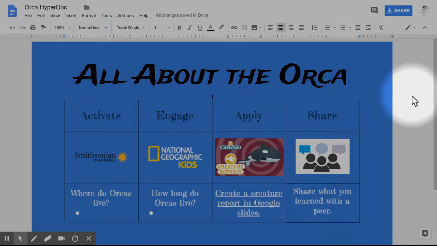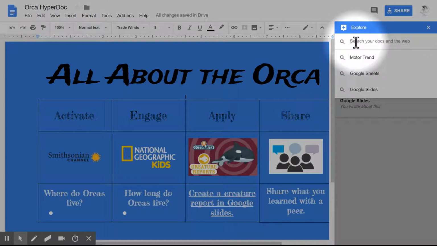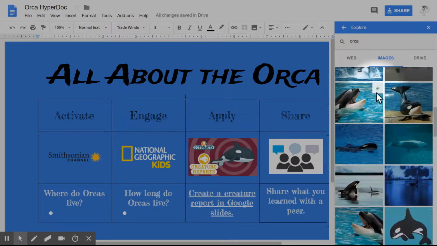Hi there, today we're going to talk about how to insert an image and also resize it. So the first thing I'm going to do is use this bottom right hand corner tab called Explore. I'm going to type in the image that I'm looking for, which is the orca. I'm going to select the tab where it says Images, and I'm going to scroll down to the one that